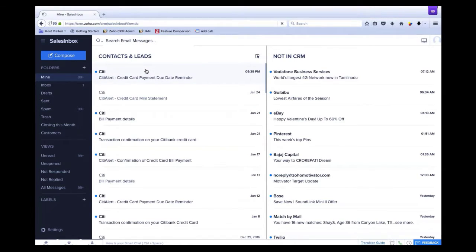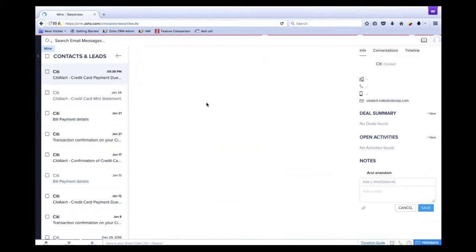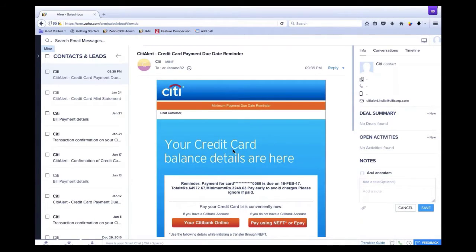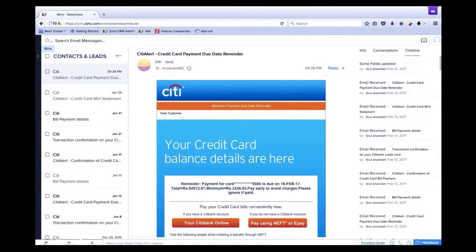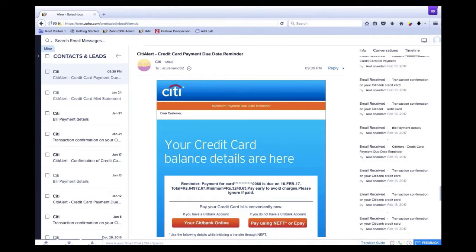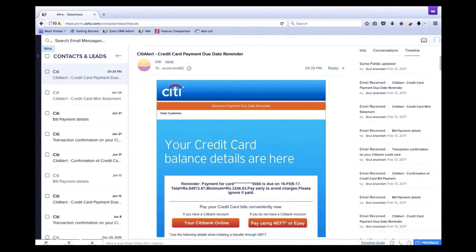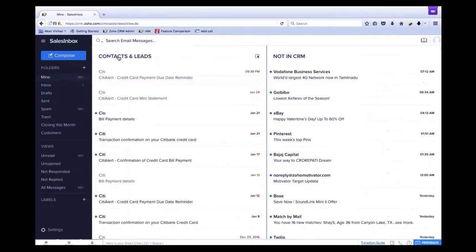So you can see I can open a specific email that's come from one of my leads, and you can see all the info here, and the conversations that you've had, all the email transactions that you've had. Their social conversations are also going to be available right within the sales inbox. And if you want to see a timeline of what's been happening with that specific lead or contact record, you can see when you received the previous email, when you replied to a specific email, and so on. So this is sales inbox. I'm just giving you an overview here, but we will look at this in detail in one of our future